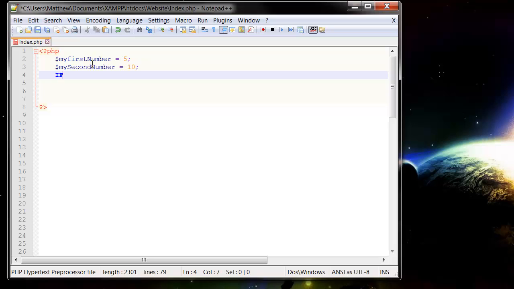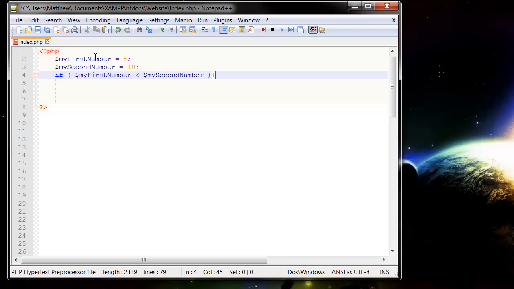So if, and then open bracket, and then $myFirstNumber is less than $mySecondNumber, close bracket,